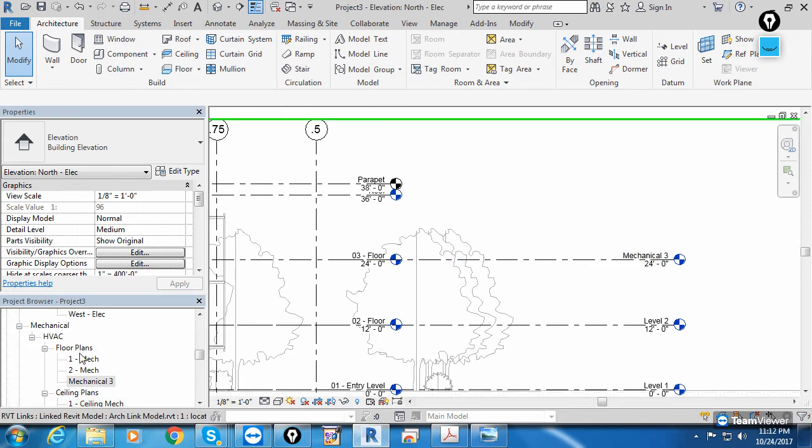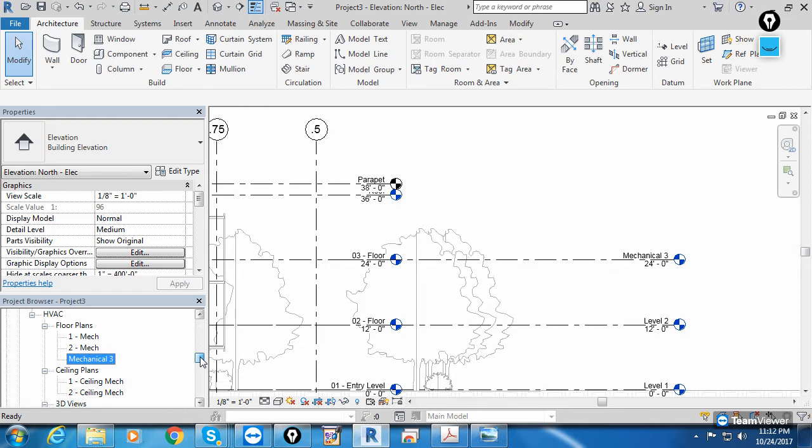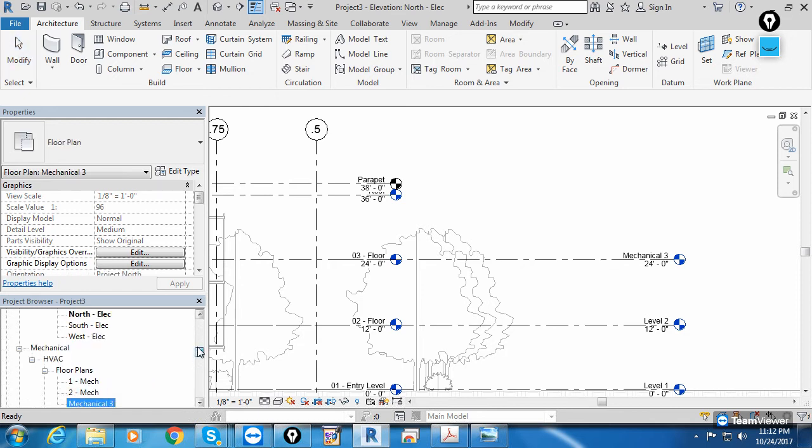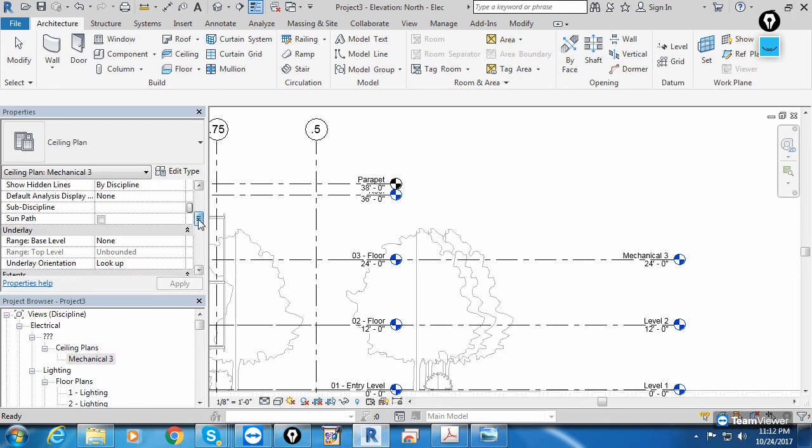So I create mechanical 3, so the mechanical 3 floor plan is added, and the ceiling will be added in the unknown category, which we will categorize. First we'll complete one service's views, then we can duplicate. How, I'll show you. You see under ceiling 1 2, because ceiling is available under the unknown category, so select this mechanical 3. In the properties, select subdiscipline HVAC, apply. You see HVAC selected, and now I want to put it under mechanical. First let me complete one service's views, then we can copy and create multiple.